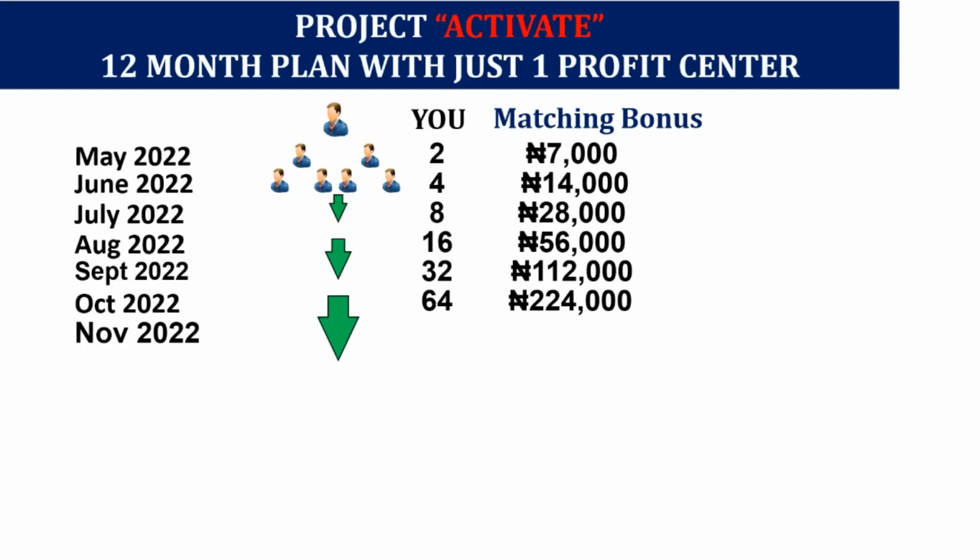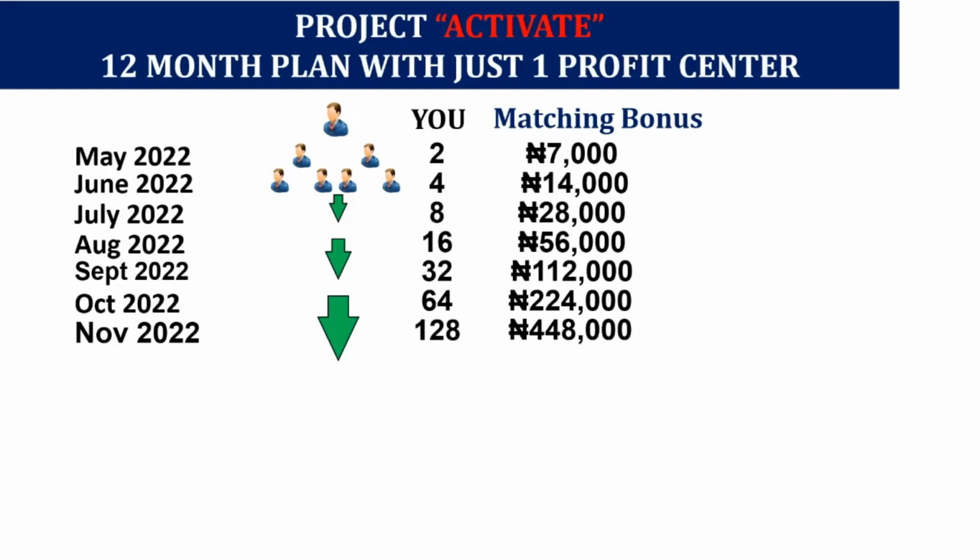But in that November, because you started the project Activate in May, 128 people will join you. How? The people who join you in October will activate a minimum of 2, only 2. And you will have 128 people join your business. What it means is that you have 64 on the left, because this is how the 128 will be divided. 64 on your left, 64 on your right. And your single profit center, remember this is with a single profit center, will pay you